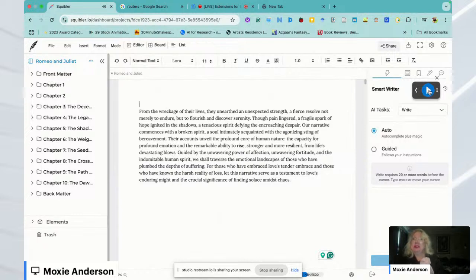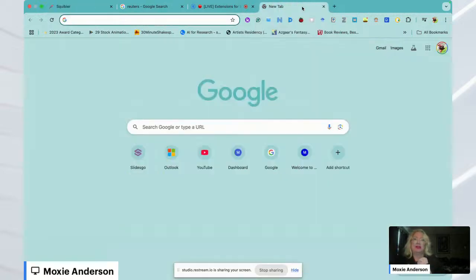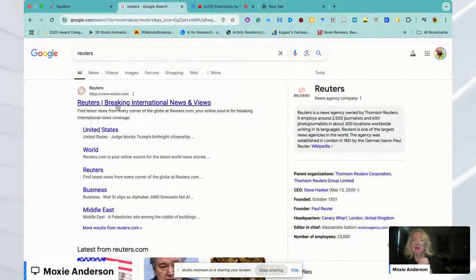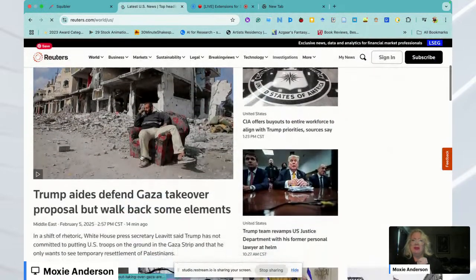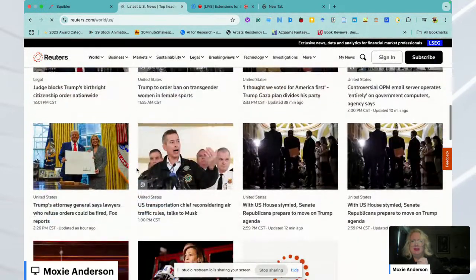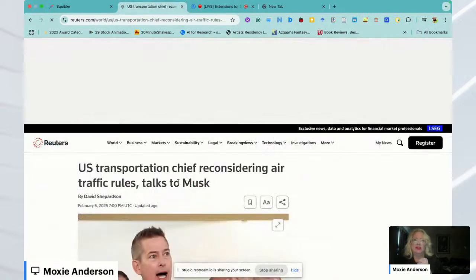Okay, and there's Natural Reader. It finally decided to work. So that is an example of how Natural Reader will work for you. I'm going to go to Reuters here, and we'll just take a look at some news from the U.S. maybe. We'll take a look at just a story on U.S. transportation here. When I click on Google Keep, and I've got this installed as an extension,